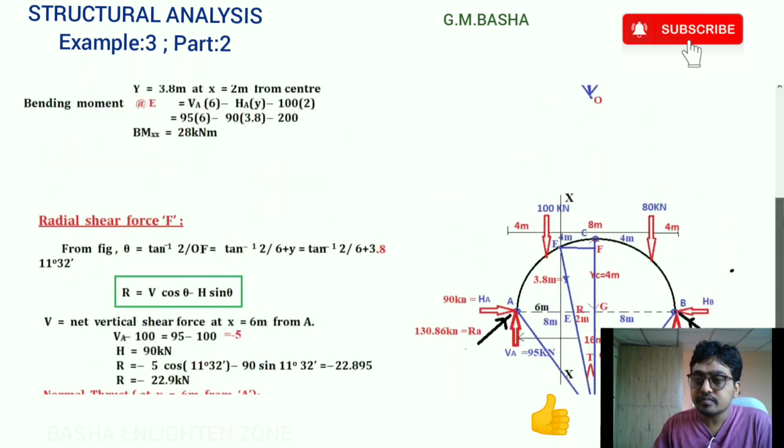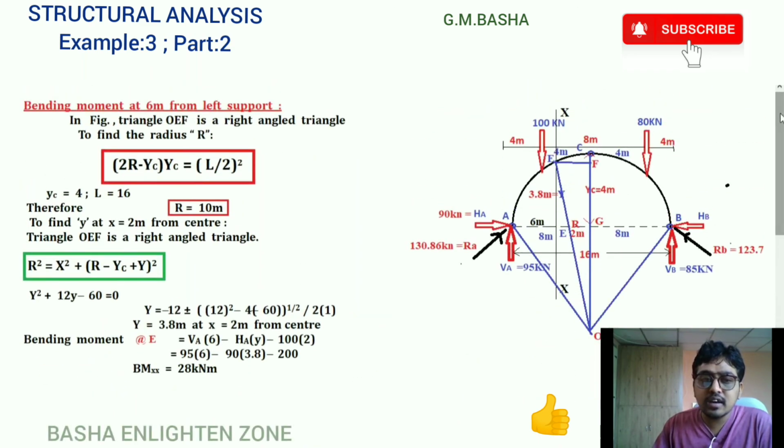Coming to the bending moment, what is the difference here? For finding the intermediate y value in parabolic three-hinged arches, there will be the formula 4r by L square x into (L minus x). But here, for finding the intermediate y value, there will be two relationships, and based on these two relationships you can obtain the y value. The remaining things will be the same. So please note down the difference between parabolic arches and circular arches.